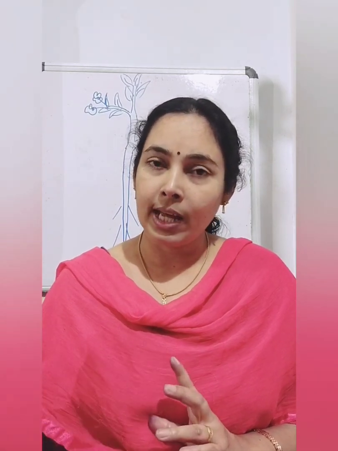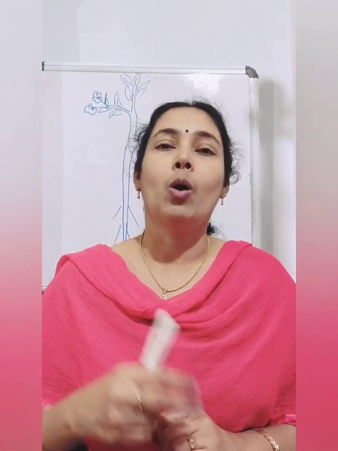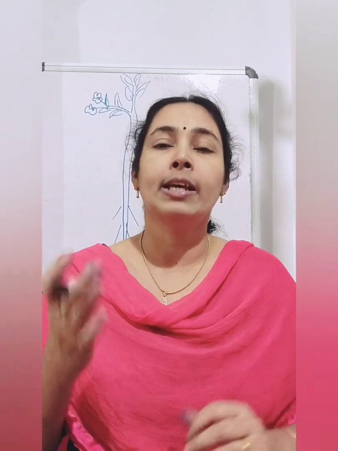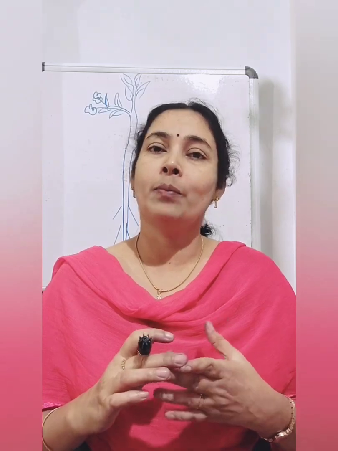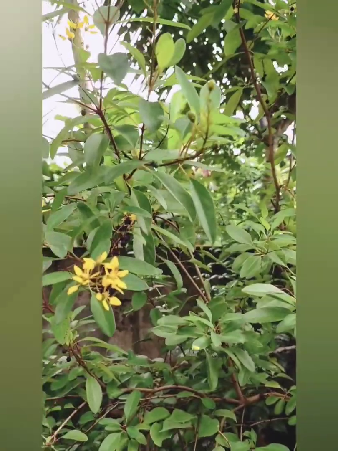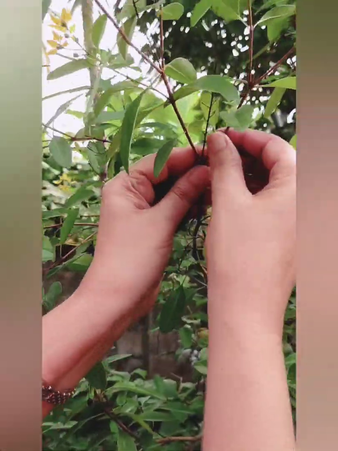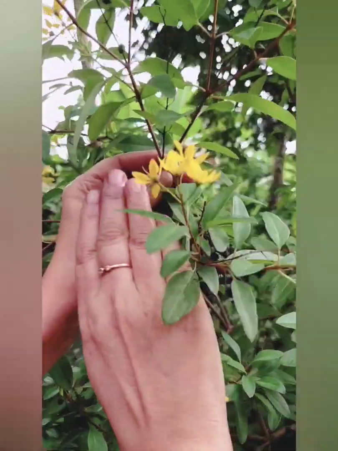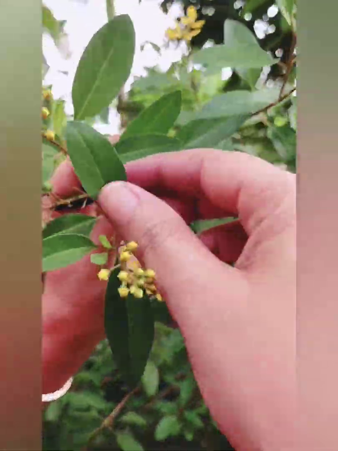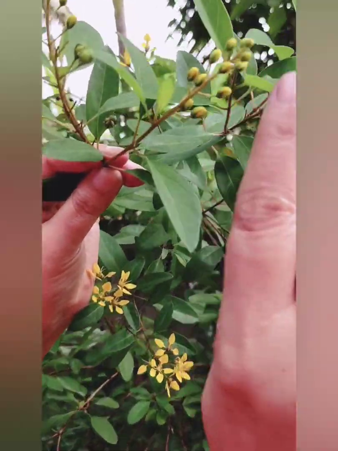So we can go outside and look at a stem and we can see which all parts are present on a stem. We can see that the stem bears leaves, flowers, fruits, branches and all. Okay. Now we can look which are the parts that are present on a stem. So this is the stem of a plant and you can see so many small branches arise from this stem. So stem bears branches. And next you can see leaves are present on the stem. So stem bears leaves.